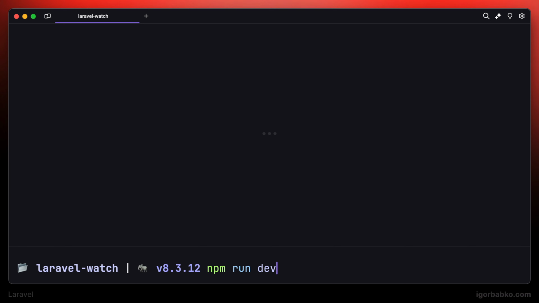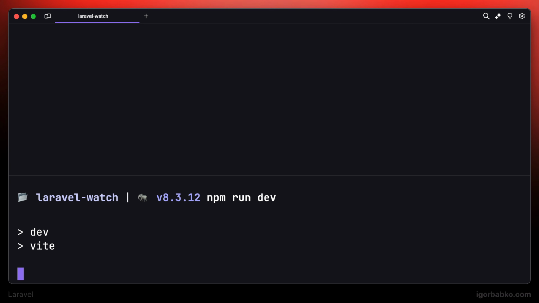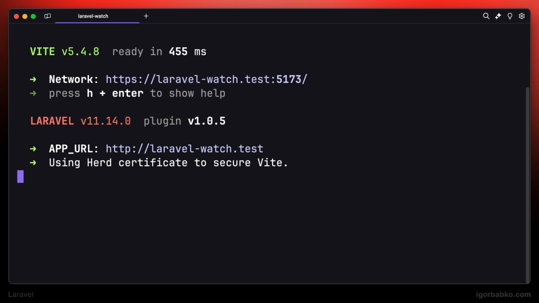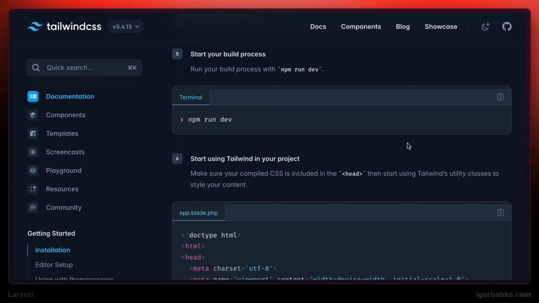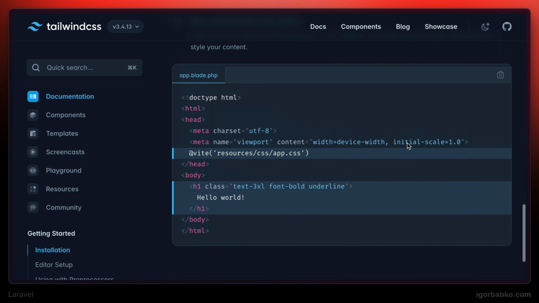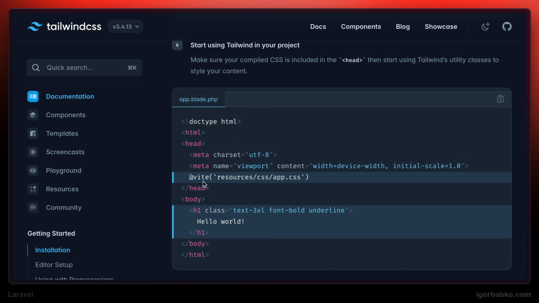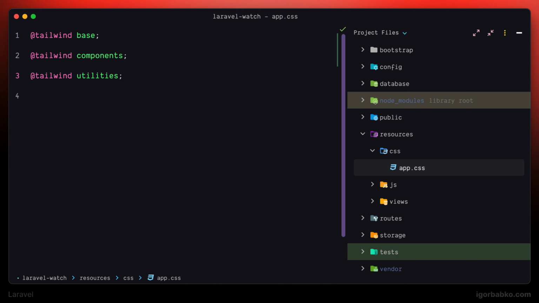Let's execute npm run dev. And that's about it. Tailwind CSS has been installed. Now it's time to check the result. We can copy over this whole code snippet, which already includes a couple of Tailwind CSS classes. And also, as you can see, this file already includes blade directive called Vite, where we specify paths to our CSS file. So I'm gonna copy this whole code snippet, switch over to the editor, and create another blade view